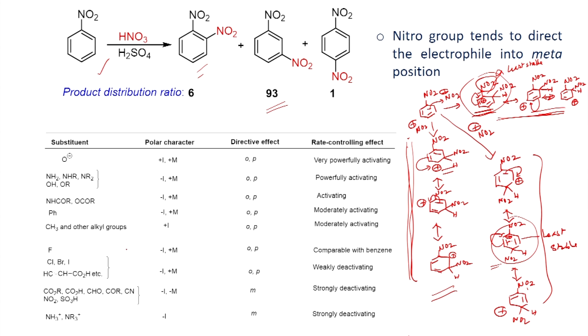This table gives the summary of various substituents. For example, if you have the O minus and it has plus I and plus M effect, usually the electrophilic substitution takes place ortho and para position; it is a very powerfully activating group. This means this is inductive effect, this is mesomeric effect. If it has a lone pair, you can try to stabilize through resonance structure, mesomeric effect, you know very well. And this also, through inductive effect, you can facilitate the substitution reaction. So, these are some of the examples you can see here, and already you know very well, and we will see many examples you can try to understand.